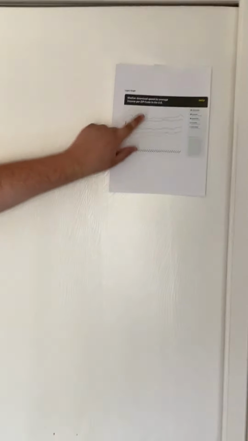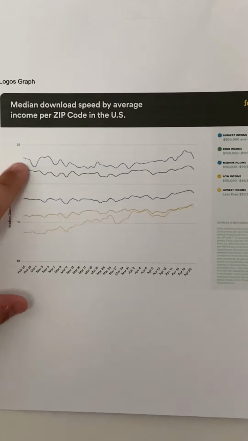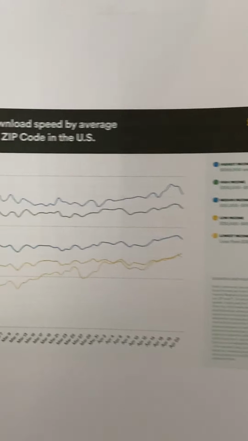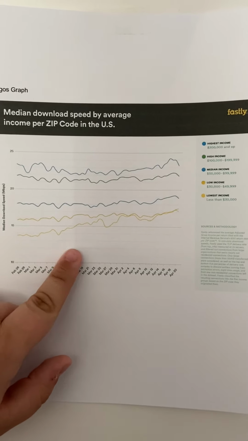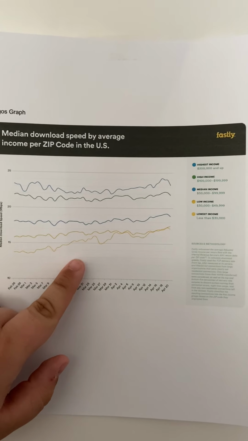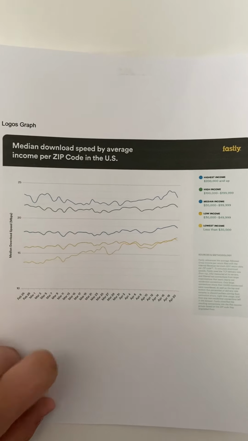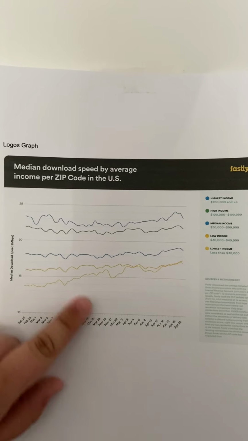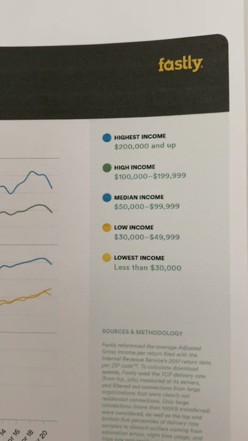For example, as you can see by this graph, this blue line right here, meant to be purple, but the printer kind of messed it up. This line shows the highest income of 200,000 or more, versus this line down here, sort of meant to be red, but again, the printer messed it up. Much lower than this one right here. It also shows the access to technology. Obviously, you can see the difference. And there's a couple other medians in there for you to see.